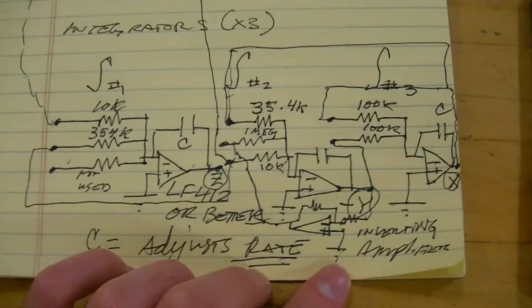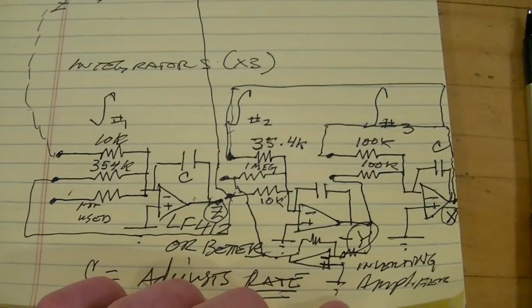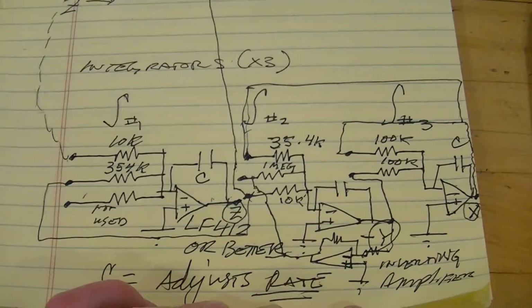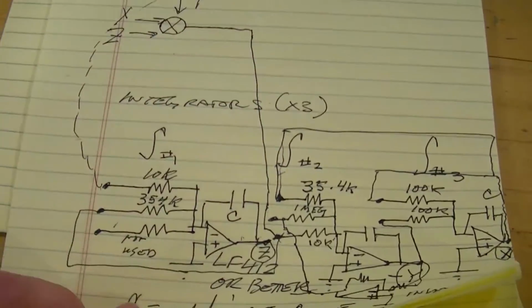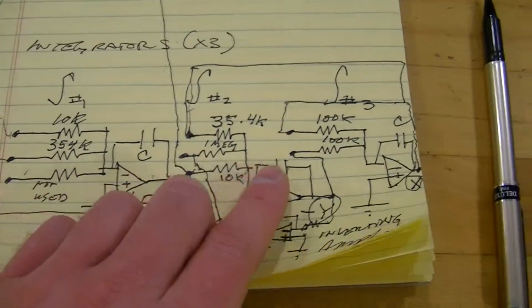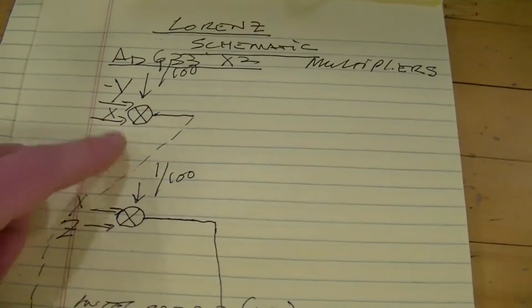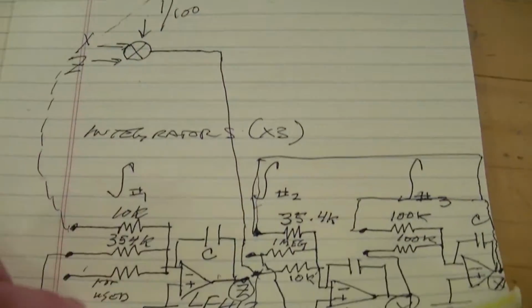Now, here's the circuit, and again, this is rather sloppy. And if you want a better version, look up Horowitz and Hill build a chaotic attractor, and they have the same schematic. It's a duplicate of what they did. But how it works is you have the multipliers, and then you have the summing integrators. 3 summing integrators, 4 op amps total, 2 multipliers, 8633s, which automatically scale it by 1/100th, so it stays within